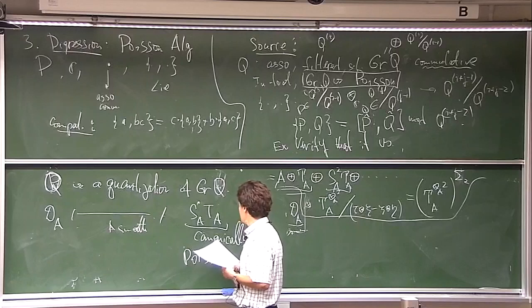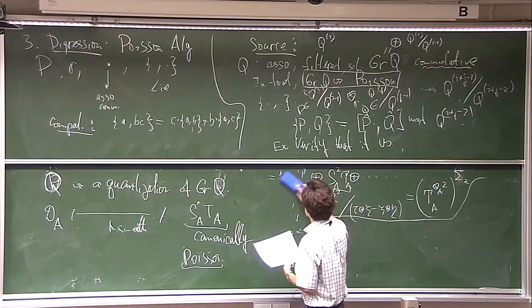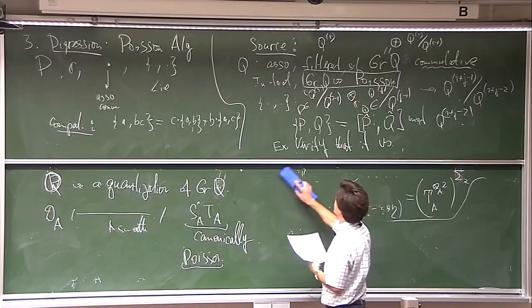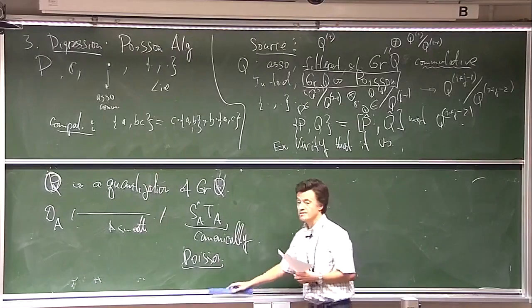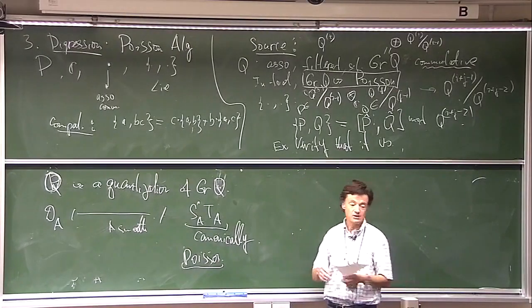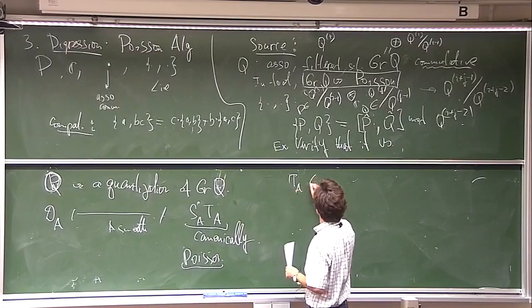No matter what, this algebra is very easily made into a Poisson algebra because of the fundamental observation: the Lie bracket of vector fields makes the space of vector fields a Lie algebra. So PA is a Lie algebra